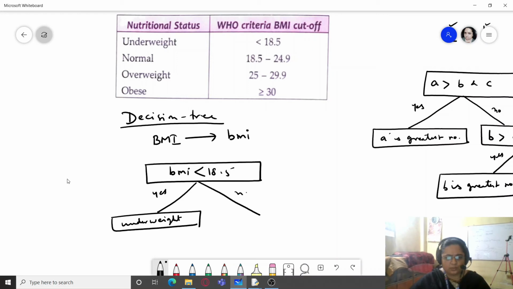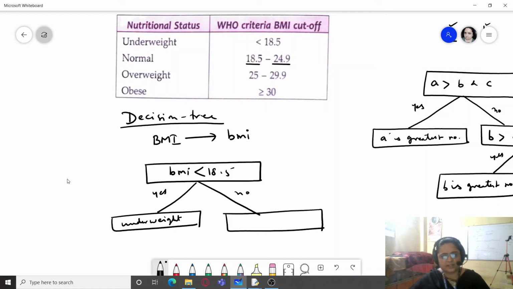If it is no, go for the next condition, that is, if it lies between 18.5 and 24.9. If BMI is not less than 18.5, it is quite obvious that it will be greater than or equal to 18.5, and it has to be up to 24.9, that is less than 25. So I am simply taking it as less than 25.